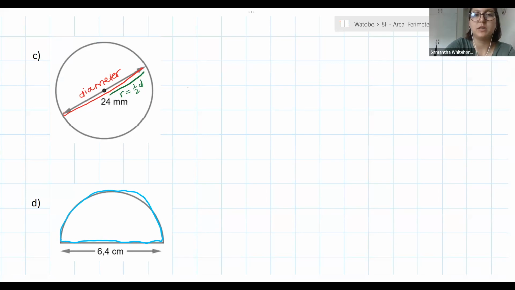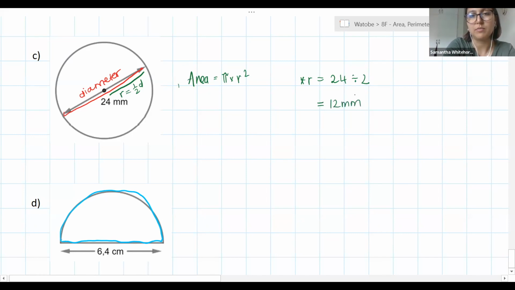Okay, guys, just because I don't want you to be too pressed for time and then we have to rush off. If we look at question C, remember that the area of a circle is equal to pi times r squared. Now, importantly, I gave you the diameter, which means that you first need to work out the radius. And the radius is equal to half of your diameter, so it would be 24 divided by 2. And so your radius here is 12 millimeters. And so now when you substitute into your formula, you will have pi times 12 squared. Again, when you put that in on your calculator, you're going to get your answer. And that was an answer of